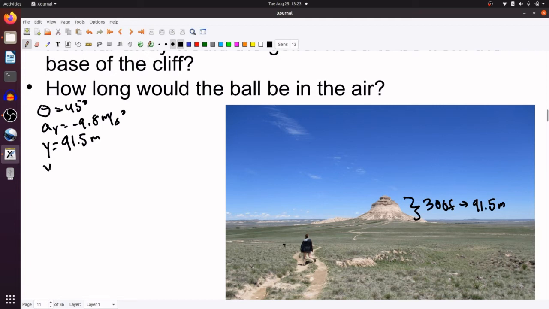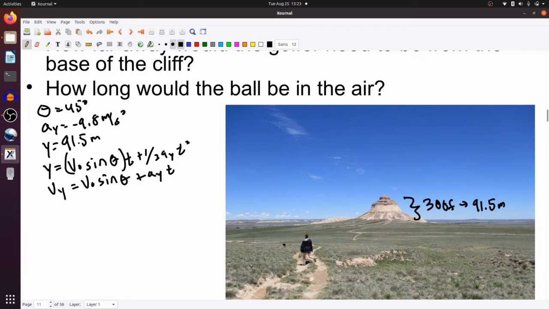So normally we might try to use the y equation, and I'll write out its long form. So v naught sine theta t plus 1/2 a_y t squared. Problem is we don't know time and we don't know v naught, so that's not going to work. We also have v_y is equal to v naught sine theta plus a_y t. And we do know v_y, actually, because if I'm going to golf a ball, I guess that is the proper term, and I want it to just reach the top, and that's a really highly exaggerated angle of 45 degrees, by the way,